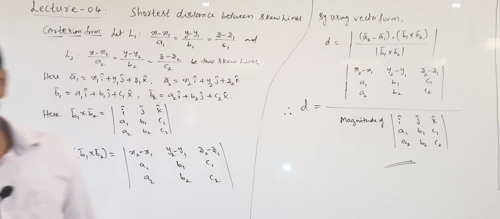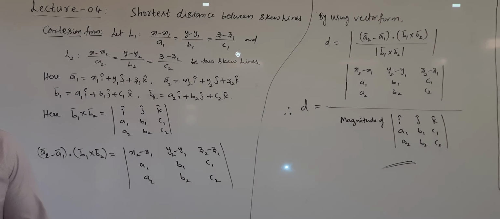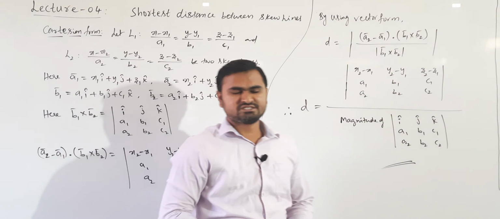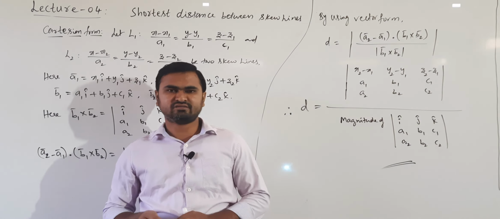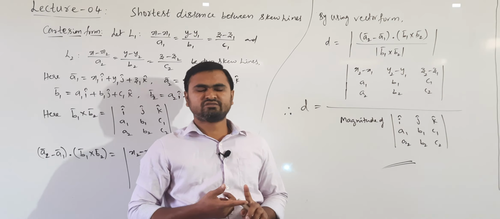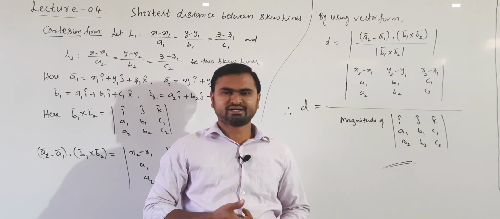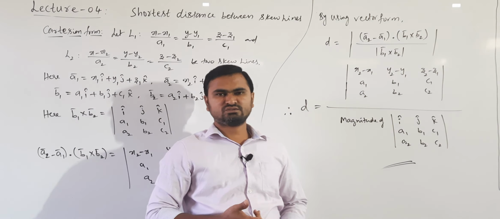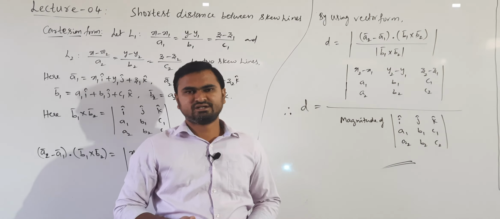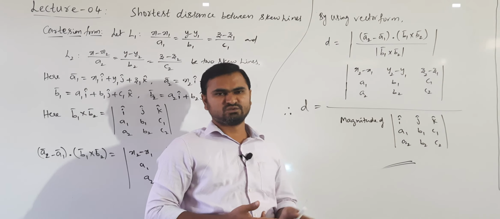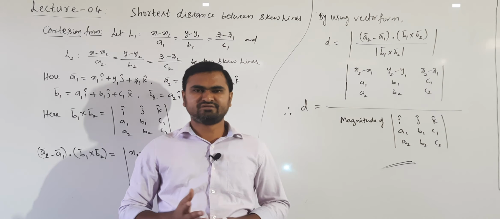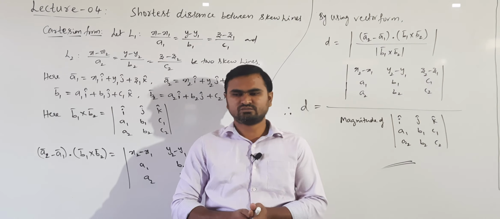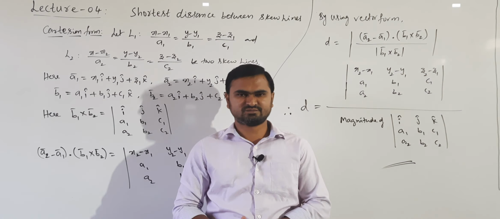Understand? Right. So go through these derivations. Till now we studied about 3 derivations. First is equation of line passing through point and parallel to vector. Next, equation of line passing through 2 given points. Next, third one, distance between the skew lines. Okay. So all these 3 derivations are important. Okay. So go through this. So problems will start in the next class. Okay. Thank you.